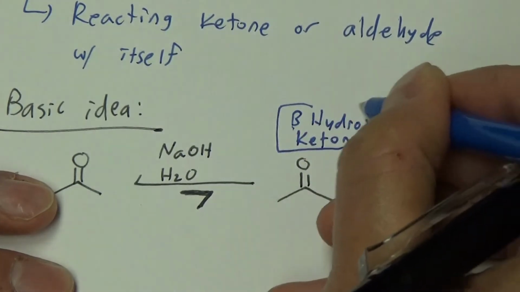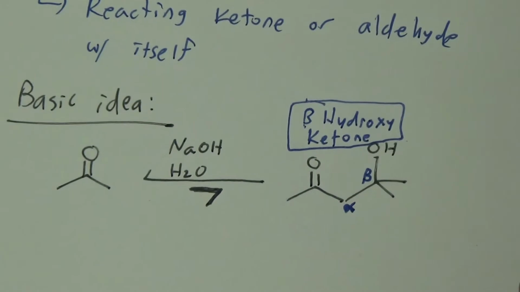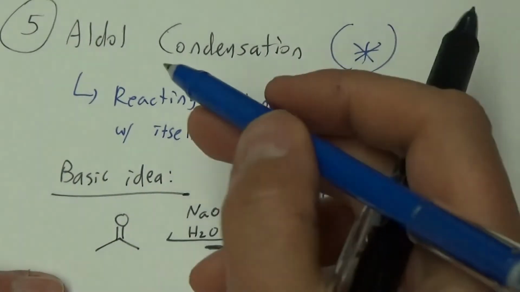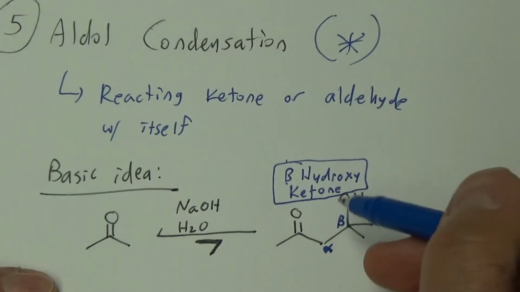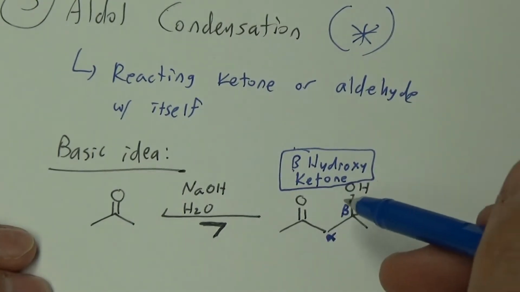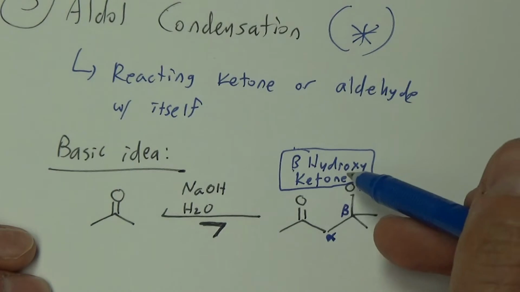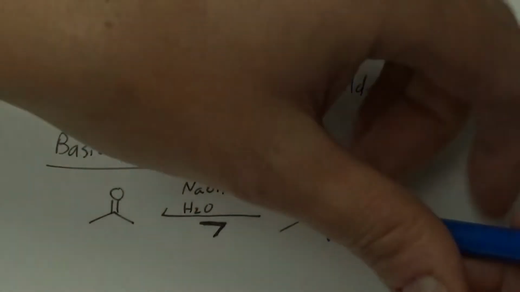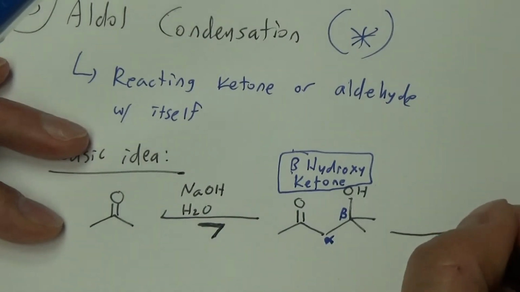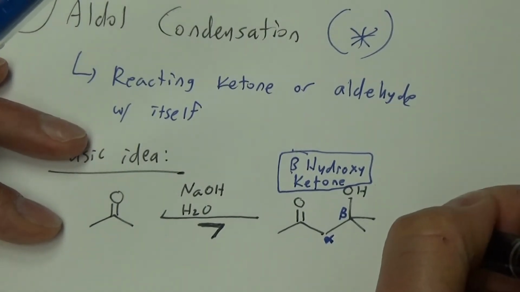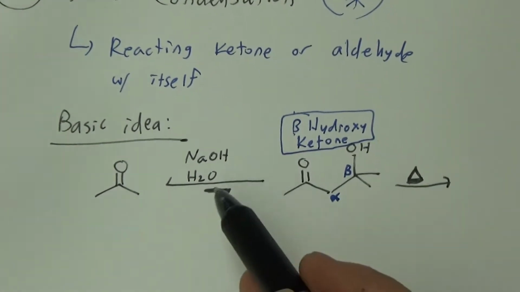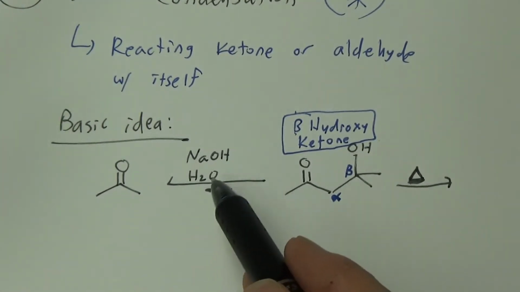Beta hydroxy ketone, right? All aldol reactions, aldol condensation, all of them start by creation of something called a beta hydroxy ketone. It's a hydroxy at the beta position, all right? And then what happens is that this thing, when you heat it, and usually you do the whole reaction under heat, so you actually do apply heat overall,